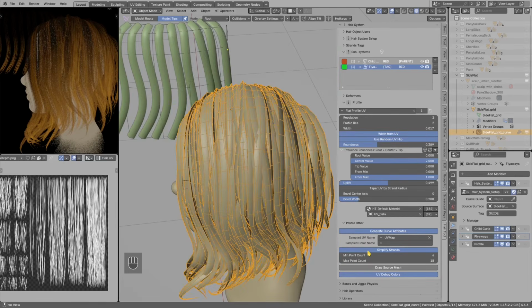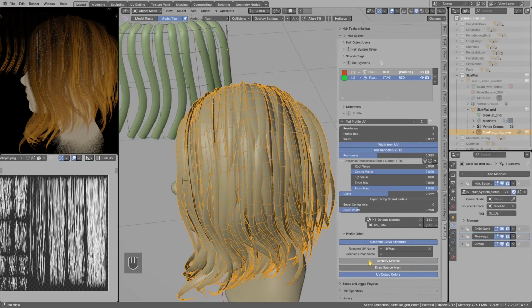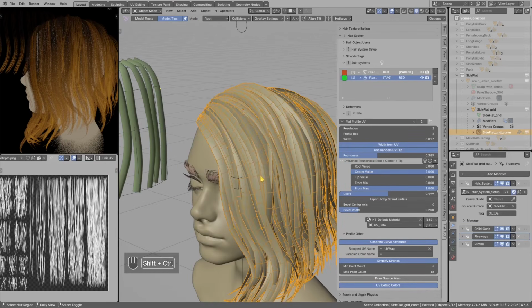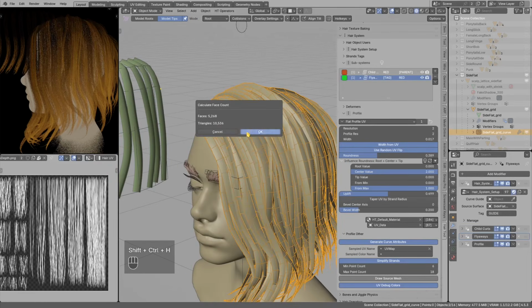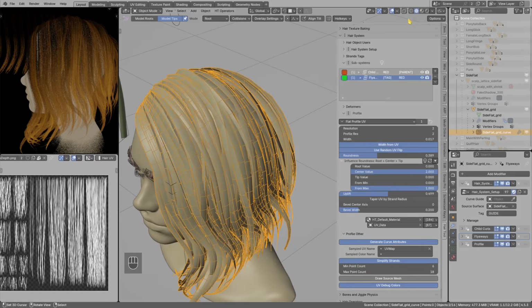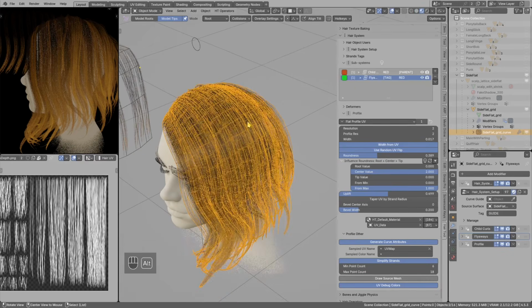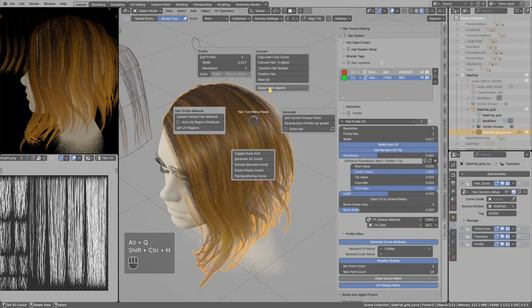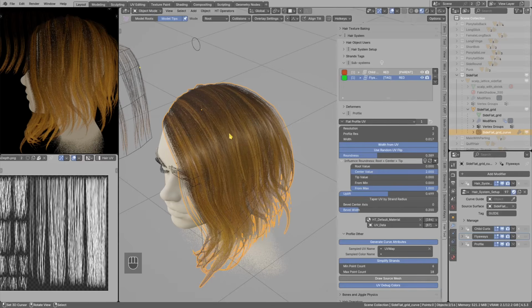So now without simplification, with simplification, and if I preview poly count, we went 3,000 lower to 10,000 tris. Now, if you like your result, you can use Ctrl-Shift-H and export haircuts to FBX directly, or